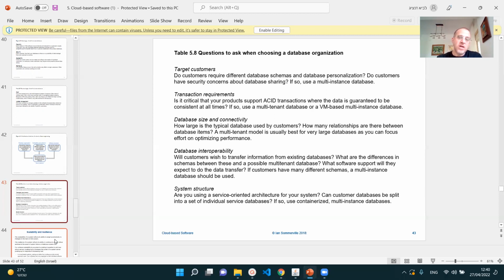Transaction requirements. Is it critical that your product supports ACID transactions where the data is guaranteed to be consistent at all times? So ACID transactions is a concept of basic. ACID is an acronym for atomicity, consistency, I don't remember exactly independence, but basically the idea is that, forget exactly what they all stand for, but the idea of an ACID transaction is that if I, for example,